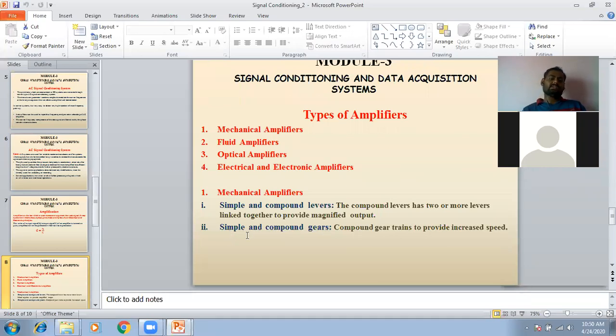You see that simple and compound gears are used in some kinds of wind turbines, right? Whenever the wind speed is low, the turbine will rotate at a lower speed, right? So I am going to use compound gears here. That means the low rotation can be converted to a high rotation in the range of 1500 RPM, which I can get by using the gears. That is called compound gears.